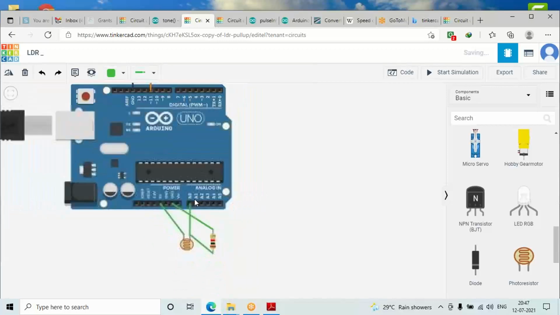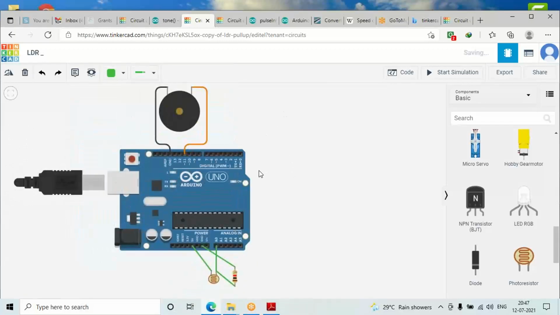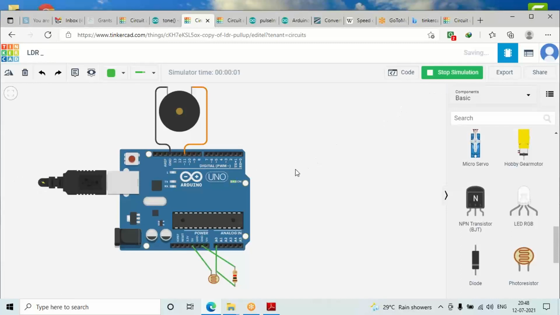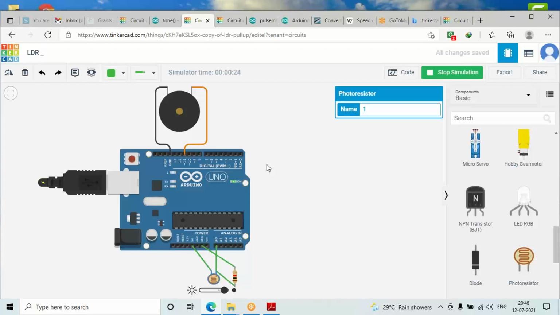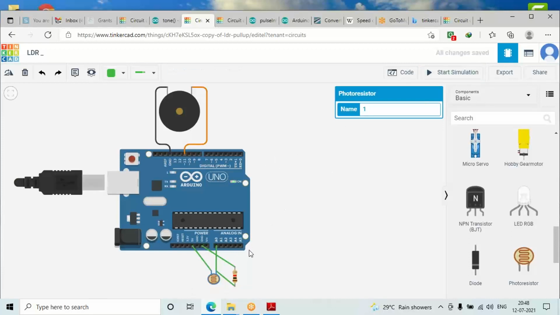Now what I will do is create a logic. The logic is that, if I try to simulate it, you can see that when it is night time, my buzzer is off, yes or no? Now when I'm moving towards daytime, what will happen? You can see my buzzer has started giving me the alarm, saying that it's daytime, and again when it becomes night time, the buzzer will be switched off. I hope you're getting my point. Clear, guys? It's a very simple program just to make you understand the application of this LDR or photoresistor.